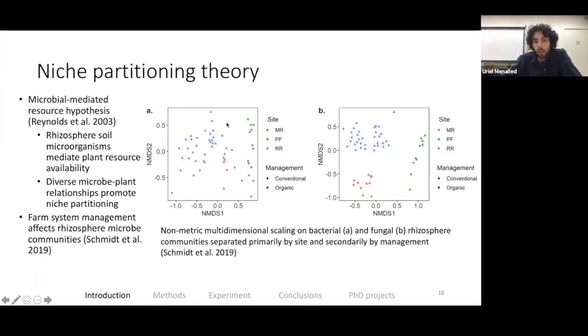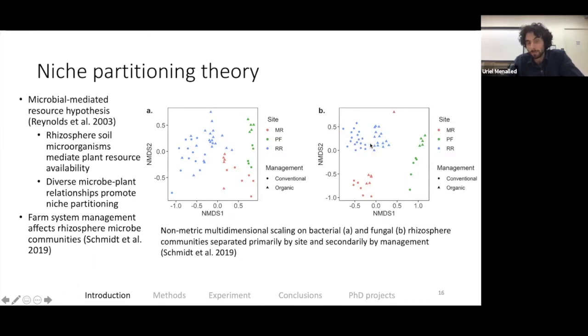And the color of these points denotes the site from which the soil was taken, whereas the shape of the points denotes farm management system. And the finding of this paper was that the primary method of separation between rhizospheric communities was the location at which they were sampled. However, there was a significant effect of farm management system on the rhizospheric microbial communities. And I think that's very well shown in soil fungal rhizospheric communities. And so at this site, we can see that there is a clear separation in the organic and